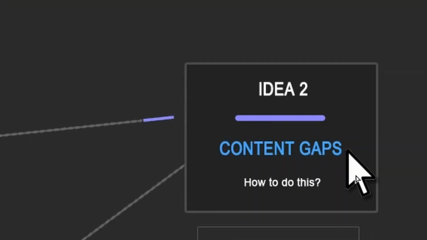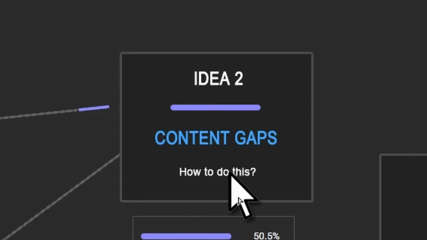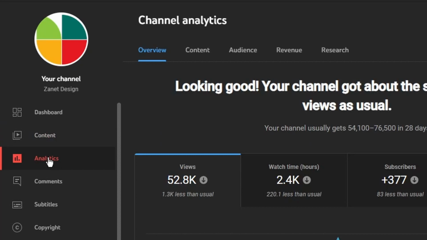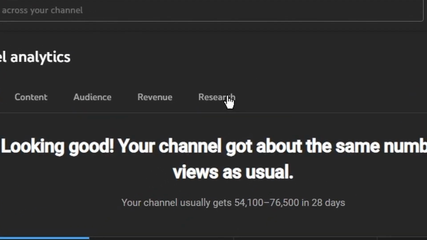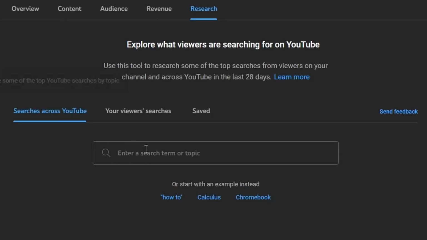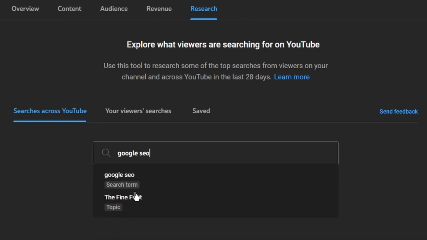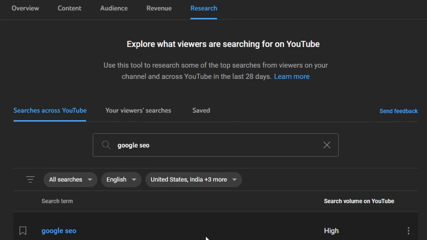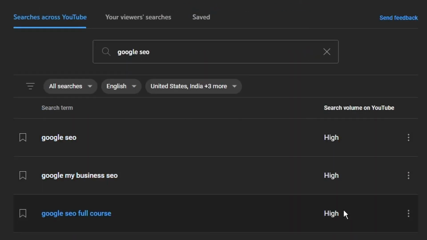But first of all, point number 2 is known as the content gaps. And this is something quite new from YouTube. Recently, you can now go to this tab here, particularly on your desktop, but I think you can get this on your mobile as well. You need to find the content gap, which is here. And this is where YouTube decides what people are looking for but can't find a decent video to answer.